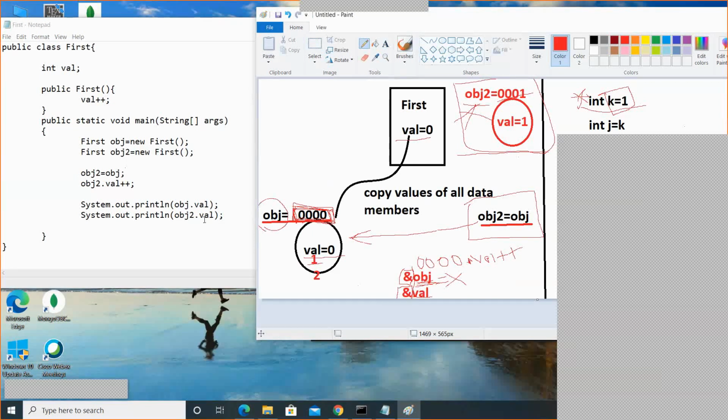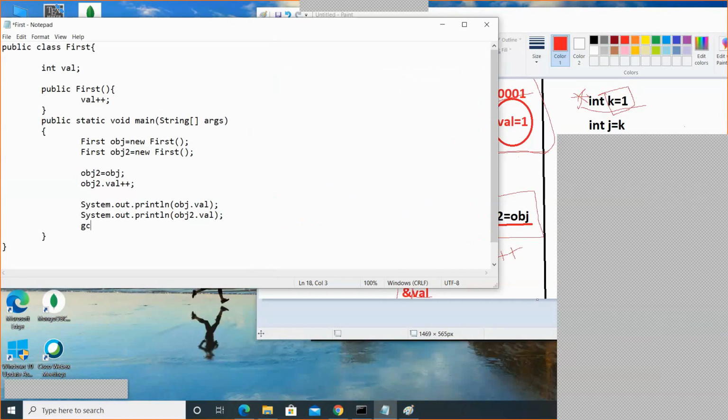There is a function called GC. This is function GC. What is this function? This garbage collector function is running in the background in the JVM, and it controls your program execution. What is the job of this garbage collector? It has to look for the memory leaks in the JVM. As soon as it finds an object variable which is creating a memory leak, the collector will release the memory